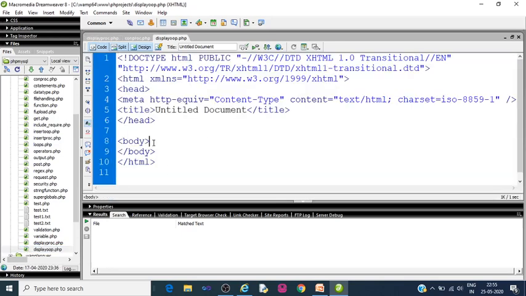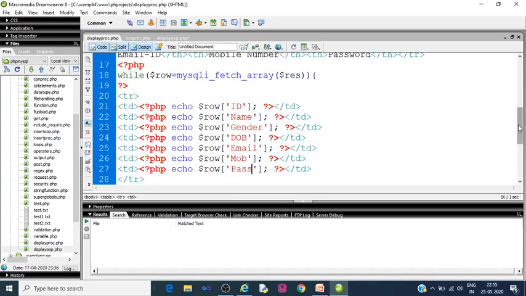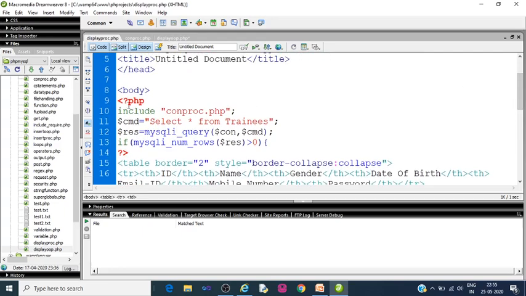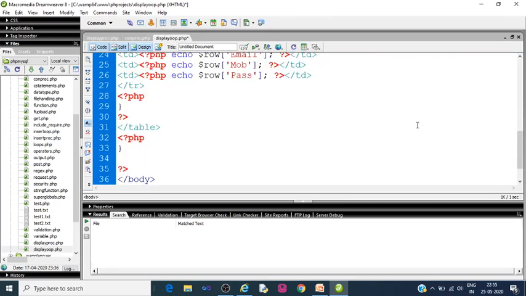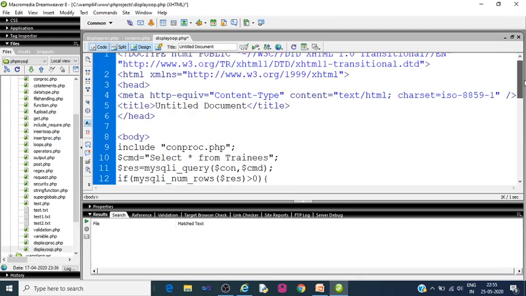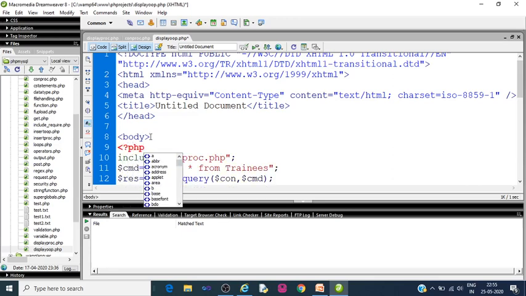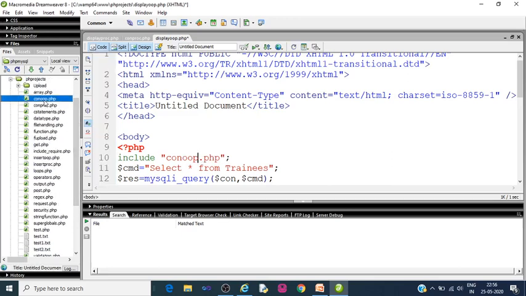Now again we will do the exact same thing. Better if we can copy all these things, because we need not write all of this. We'll copy all these things and just paste it here within the body part. Okay, the script has not been copied, so we'll start this one as well. So dbcon proc, we will start dbcon oop or con oop.php, as I have con oop. This one con oop, select star, and here we'll use